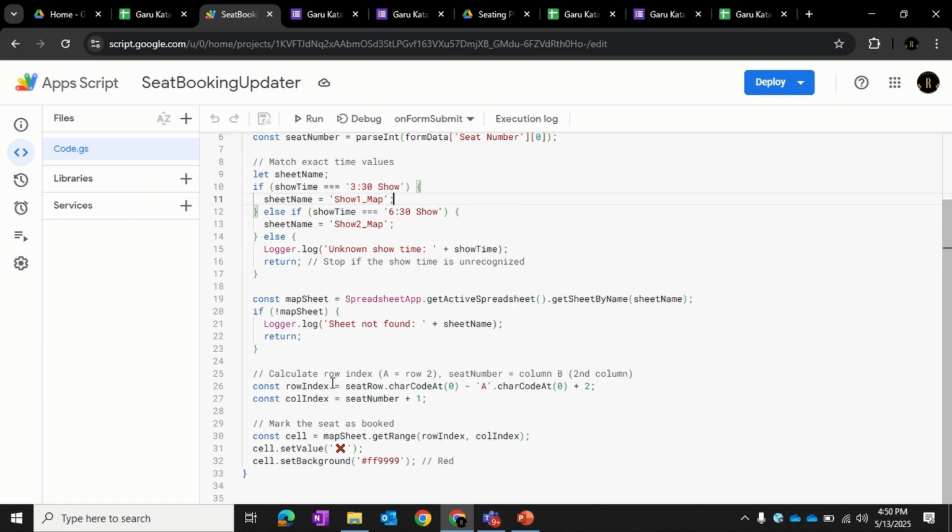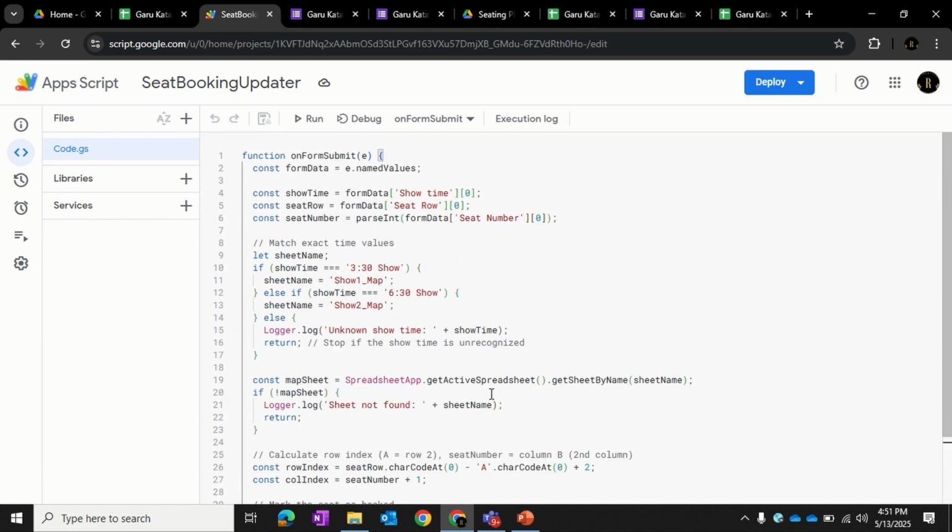Once it is done, it will take the calculated row and seat numbers, combining this, and it will mark the seat as booked. See the cross mark and the light red background. So it will be formatting this one. Now once we complete the script,